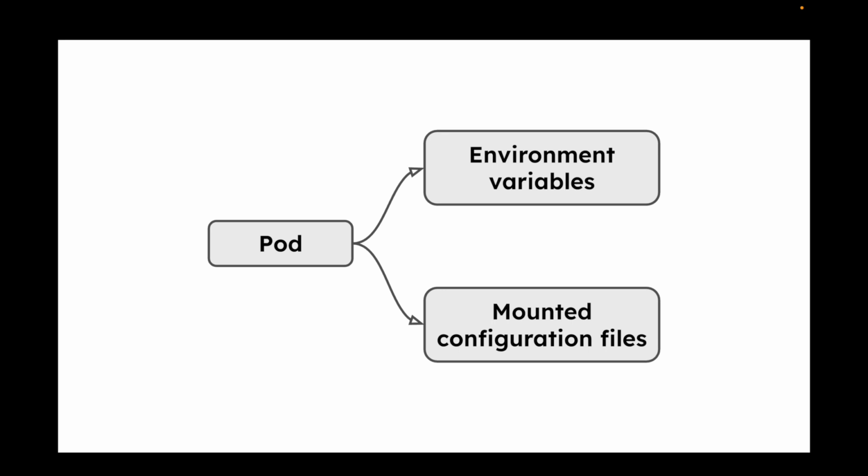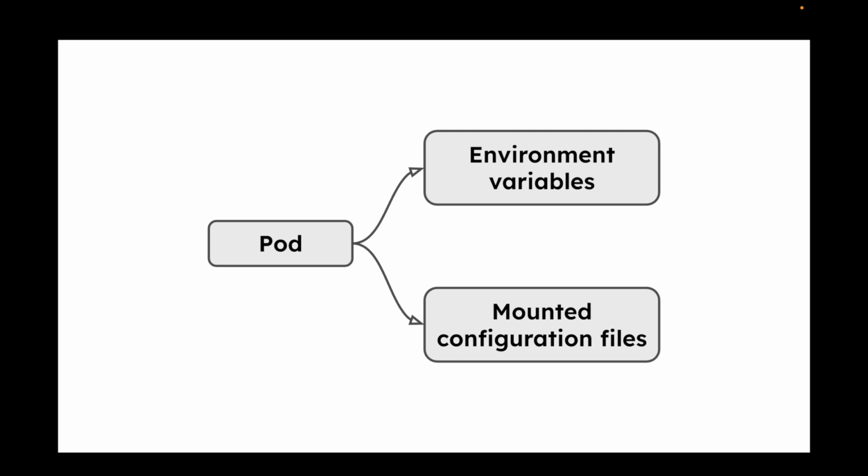When we say environment variables, the keys in your ConfigMap become environment variables inside the container shell, which your application code can easily grab at startup. And if you're mounting them as configuration files, Kubernetes can turn your ConfigMap into a literal directory inside your container, rendering each key as a separate configuration file. Let's head over to the terminal and see exactly how to write, inject, and use a ConfigMap